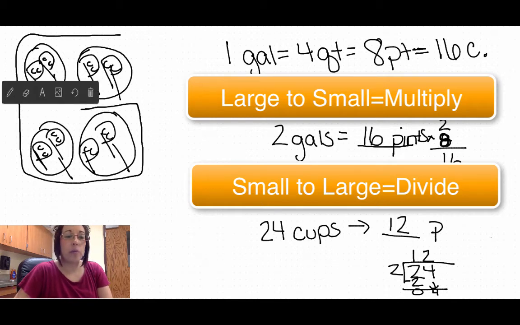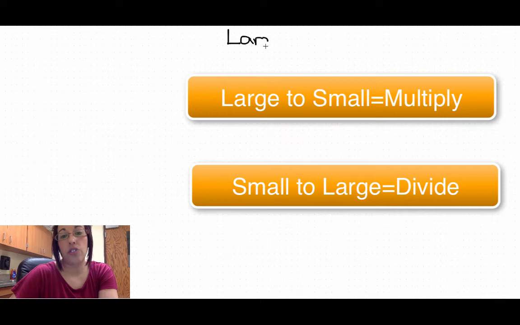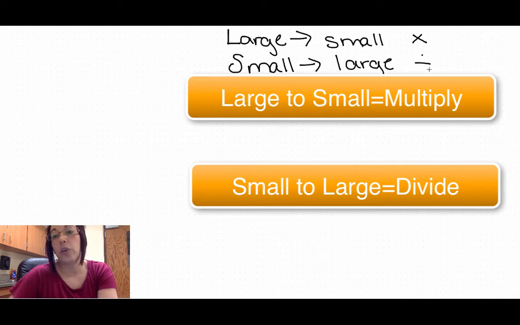So at the top of your paper, when you get your practice page today, I want to see you write the key: large to small, I'm going to multiply, and small to large, I'm going to divide. This is going to help you remember that when I have a problem that wants cups